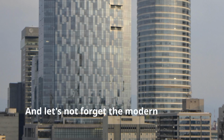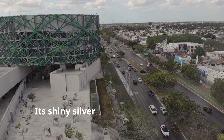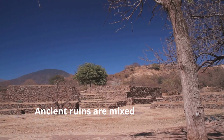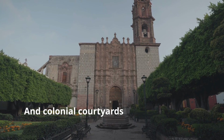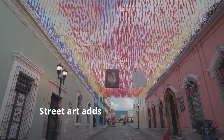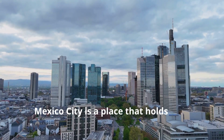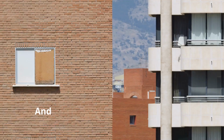And let's not forget the modern wonders, like the Soumaya Museum. Its shiny silver outside changes color with the light. It's really beautiful. Ancient ruins are mixed right in with modern buildings, and colonial courtyards have been turned into trendy restaurants. Street art adds bright colors to the outside of historic buildings. Mexico City is a place that holds on to its past while always moving towards the future, and its buildings